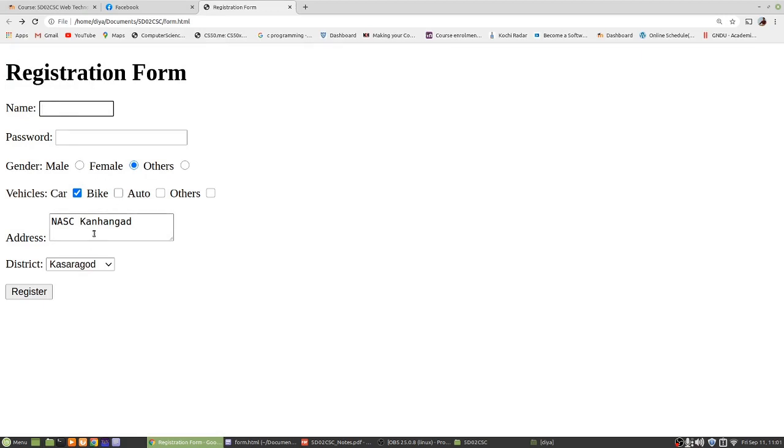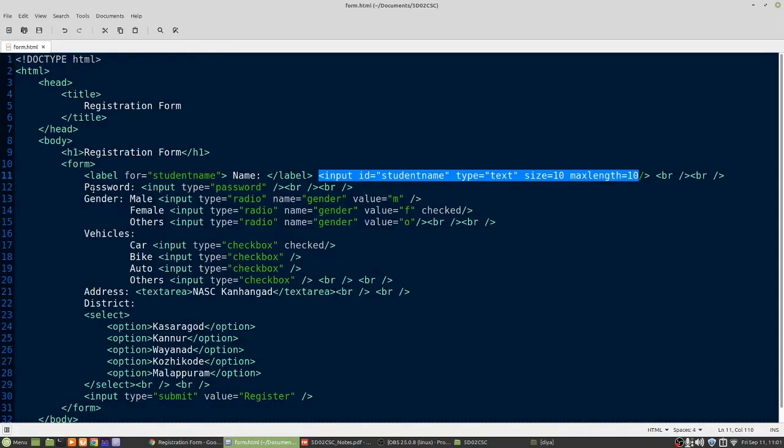Now you can go to some other field. If you want to get back to the name field, there are two options. Either you can click on the text box, or you can click on the label name, then also you can type in there. So this is the use of label. If you want, you can give a label for other tags also, password and other things like address and so on. So this is one way for specifying label for an input field. This method is known as explicit labeling.